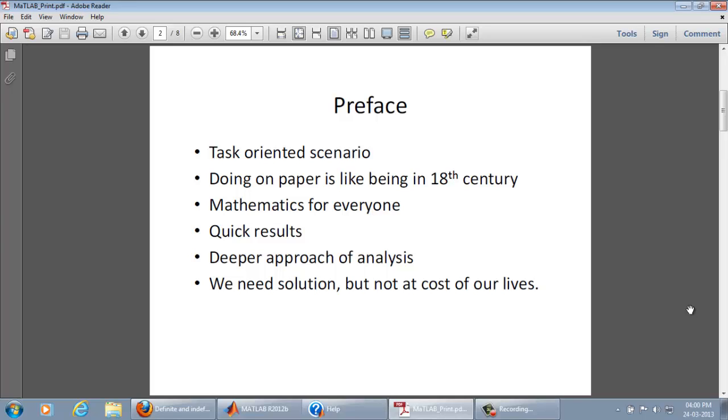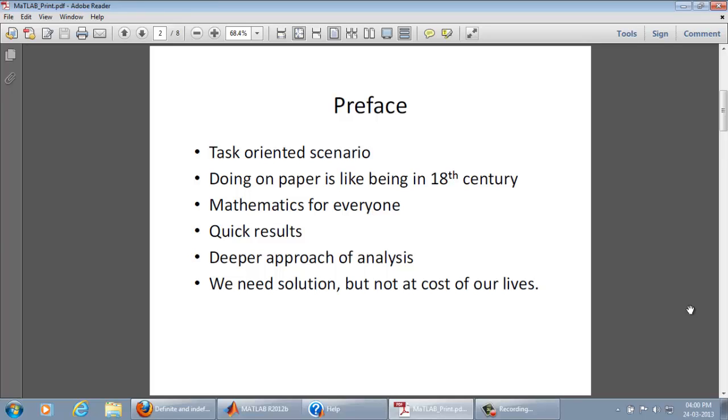And the second point, doing on paper is like being in the 18th century. It's so much time wasting, so much resource wasting, so irritating. And my third point, mathematics is for everyone.